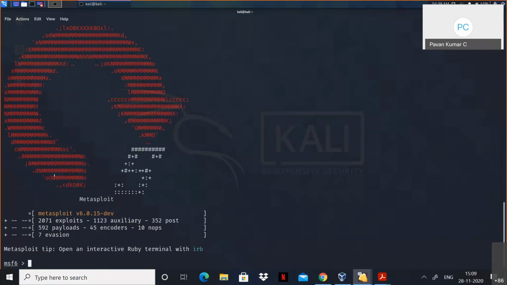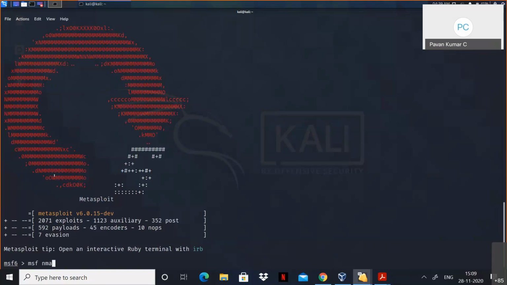Once you get them, then exploit them. That is the fundamental thing we need to do in Metasploit. So for that there is a command, msf nmap